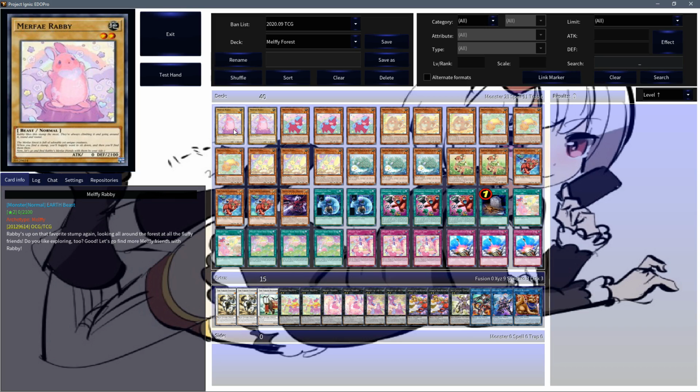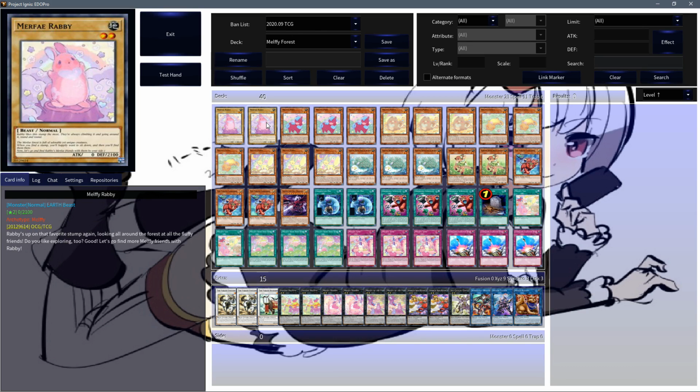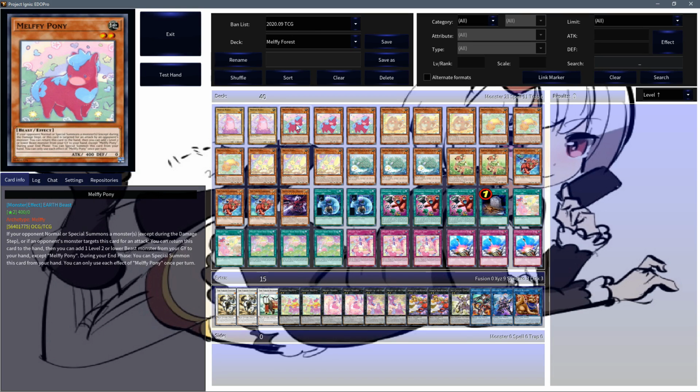Starting off the main deck and setting a precedent for the art style of the deck, which is very cute, is Melffy Rabby. He's just a 0 attack 2100 defense vanilla. We do run the unexpected dice to go with him, so we can get into some Xyz plays. But yeah, he is just kinda chillin', and the first main deck Melffy we're taking a look at is Melffy